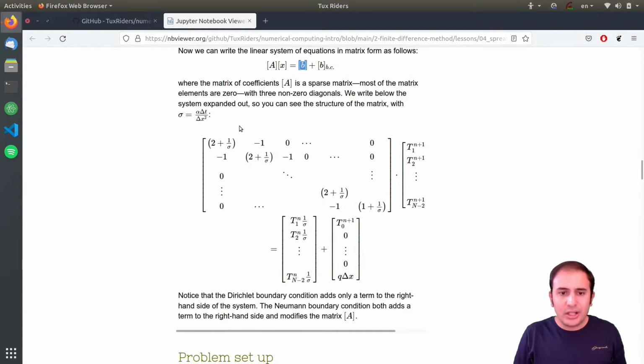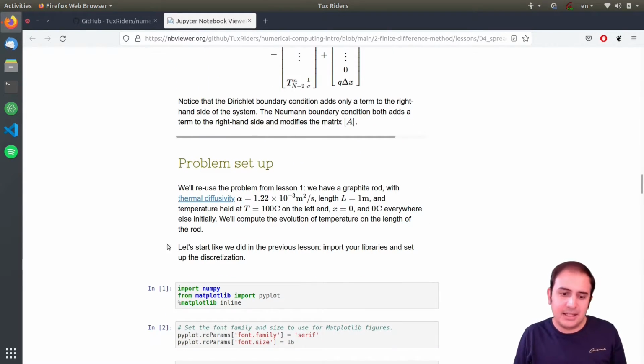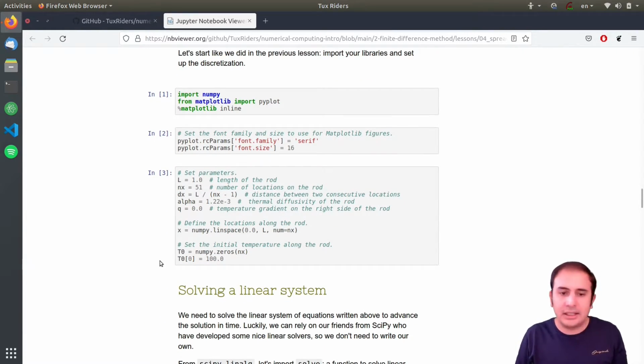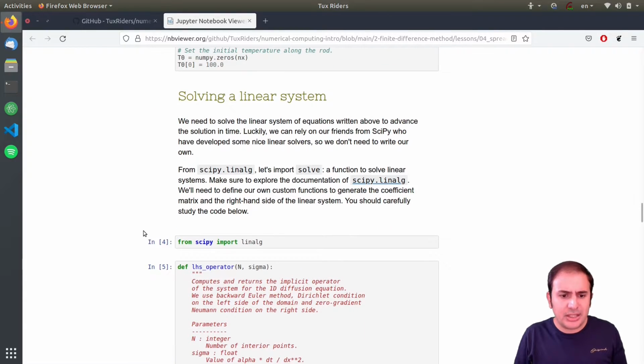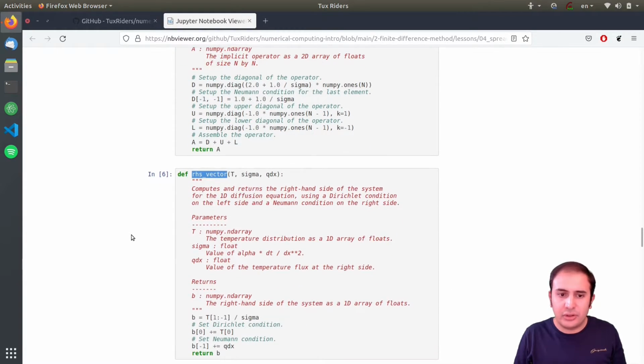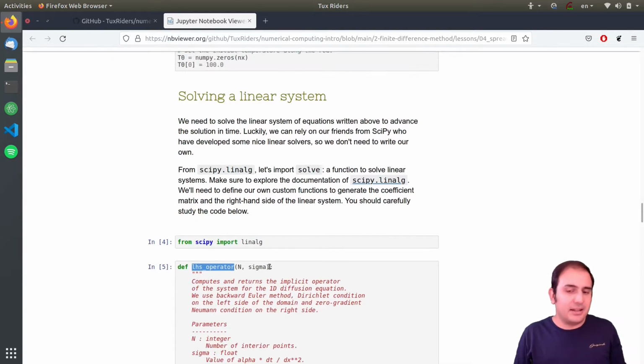And so when we write all of these things, we end up with such an equation. And then we need to employ a solver, as we can see here. Let's go on. You can see that we need to employ a solver to solve the system, and then we will have the final solution of the problem. So this is the problem formulation. And then when we compute the left-hand side and the right-hand side vector, the right-hand side is a vector, the left-hand side is a matrix, because we had the points,